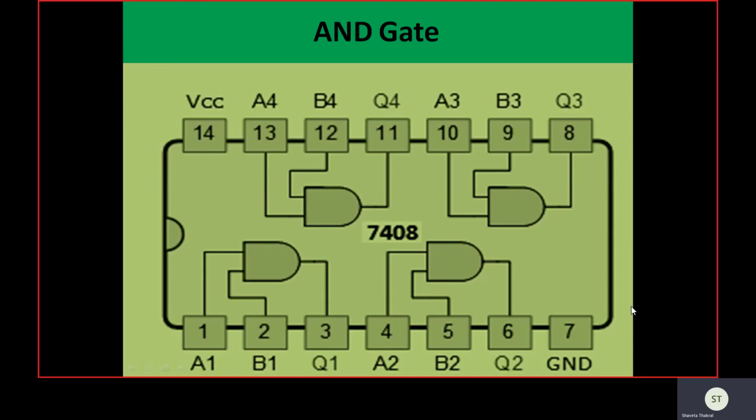And this is the IC diagram of the AND gate. The IC number is 7408, and this is a 14 pin IC. Pin number 7 needs to be connected to ground. Pin number 14 needs to be connected to VCC, that is 5 volt, and the rest, in total, we have 12 pins. 12 pins can accommodate a total of 4 AND gates, and all the 4 AND gates are 2 input AND gates, and there is always one output line. So one AND gate requires 3 pins, and in total we have 12 pins. So 4 AND gates can be accommodated in this particular IC.